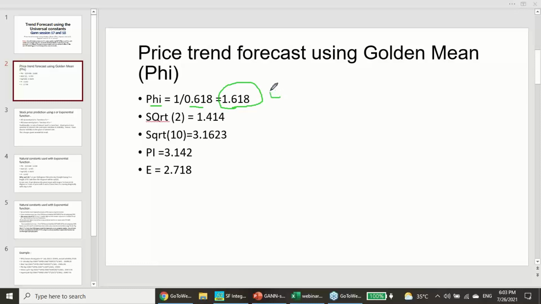Phi is mathematically written as 1.0 and 1 stroke. Square root of 2 is also a very important constant. Square root of 10 is also a very important constant. Pi is used in versatile ways to find the radius of a circle and the area of a circle. Pi is one of the finest innovations of Indian or Vedic mathematics, and we mostly rely on pi, which has a great role.